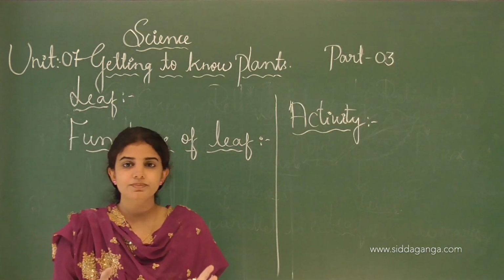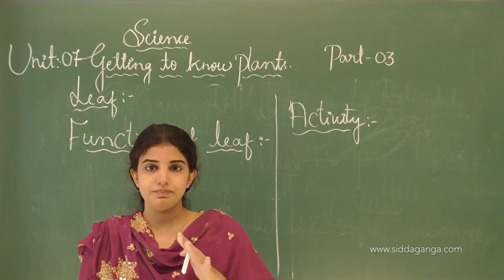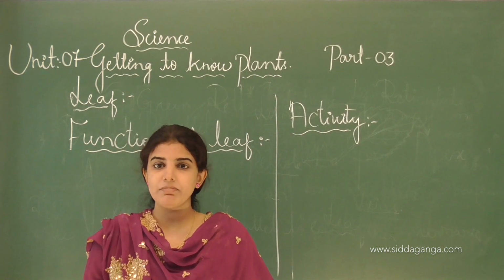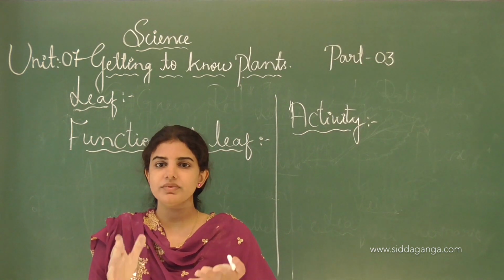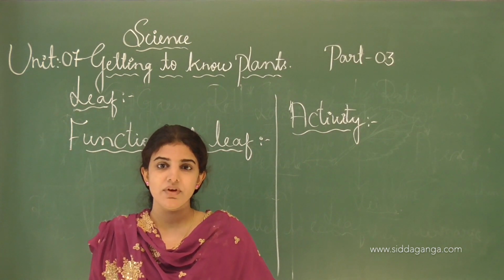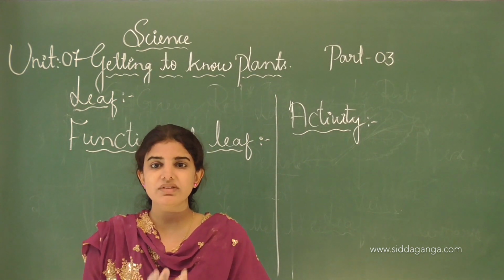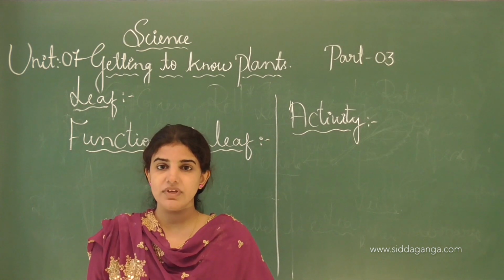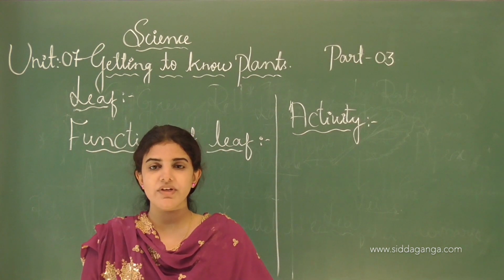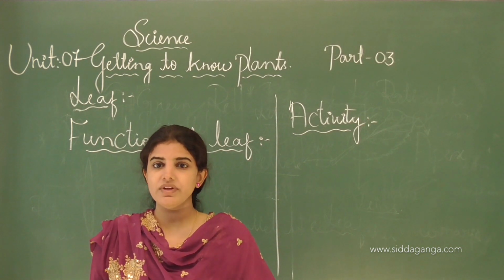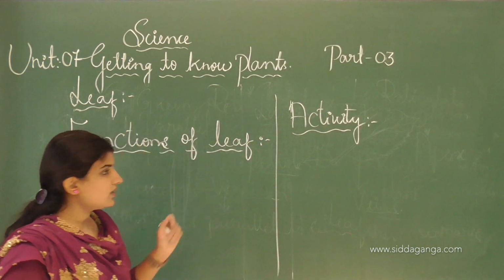In this activity you can take the leaf and keep it in between the paper and gently rub on the outer side of the paper, so that you can form the trace of the leaf. You can see the arrangement of veins in different leaves. Some leaves will have parallel venation and some leaves have reticulate venation. You can take any kind of leaf and trace it, and observe the arrangement of veins. This is the activity.